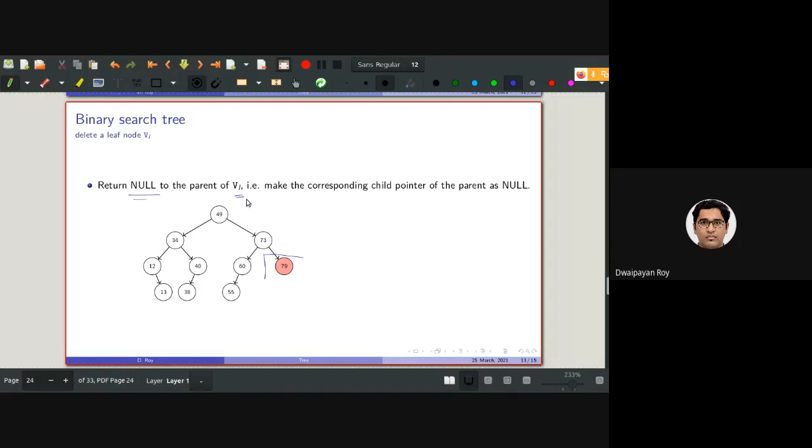So if I want to delete this leaf, we need to pass on null to the parent of it. So this was the parent. We need to pass this null to here. That's it.